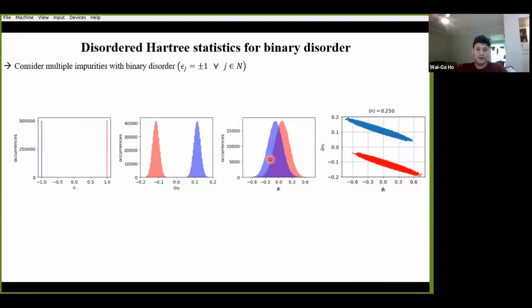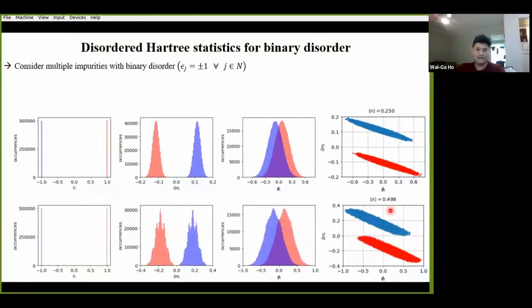Next, what we can do is combine these two histograms in the middle over here, and then plot the joint phi I, delta n I statistics over here to the right. This can be done both at quarter filling and at half filling, these two rows. And by comparing these, we notice that the statistics look pretty Gaussian in this quarter-filled example as compared to the bottom. And what we found is that the cause of this difference is apparently due to the different screening efficiencies that occur at different fillings. All right, so this can be understood in the following manner.